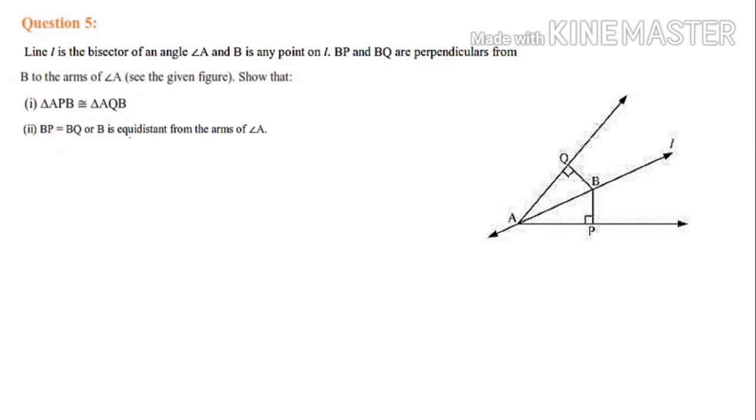And then BP is equal to BQ. That is the second part. BP is equal to BQ, or B is equidistant from the arms of angle A. Both same only. We have to prove BP is equal to BQ. That is quite easy, because once you prove the two triangles are congruent, easily we can prove the remaining part by using CPCT. So almost the explanation I have done. Since it is a geometry topic, you must do the work yourself, because your mental calculations and my way of thinking is different. So by using your own way of thinking, please try to find out the answer for this question. So you will try this at home as homework.